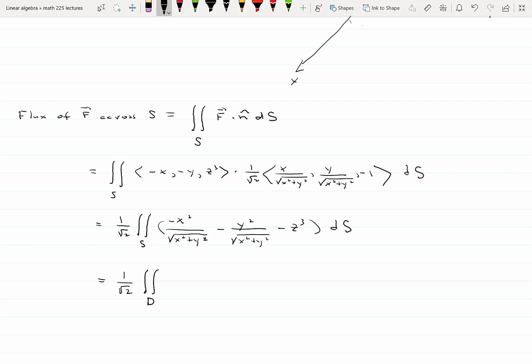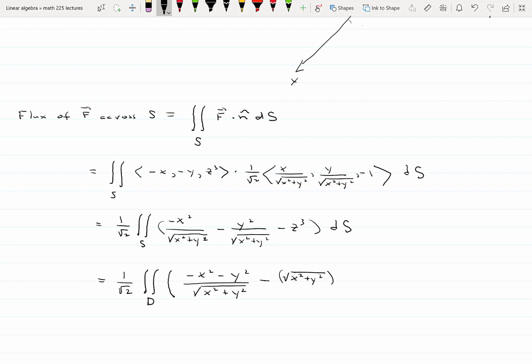Remember, the surface is z equals the square root of x squared plus y squared. You stuff the surface into the formula. So we're not changing the first two terms here. The first two terms we can write as minus x squared minus y squared over the square root of x squared plus y squared, combining them into one expression. But this function also contains z, so we stuff the surface, square root of x squared plus y squared,